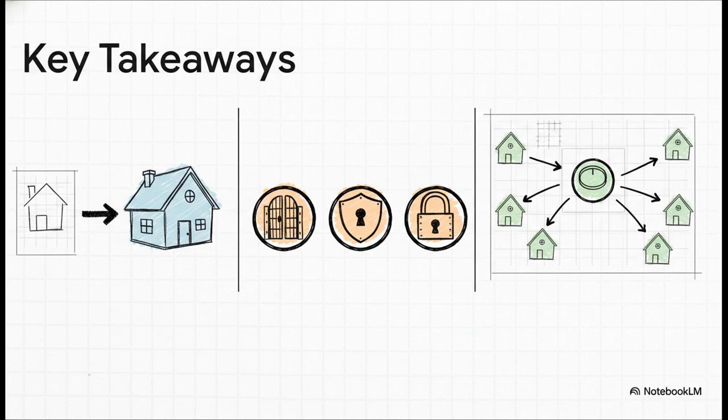So, when you boil it all down, it's actually pretty elegant. We use classes as the blueprints to create our actual objects. We use those visibility rules, public, protected, and private, as a security system to stop chaos from breaking out. And we use static members to keep track of information that's shared across an entire group.